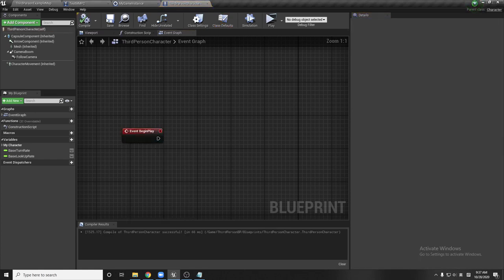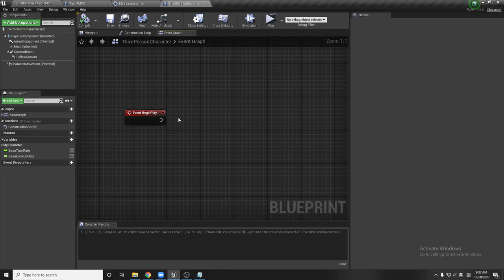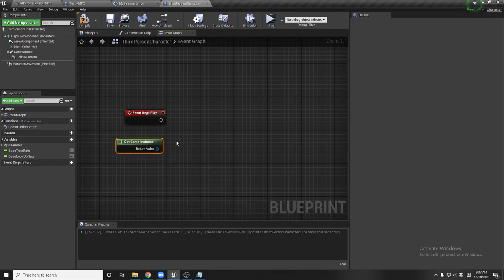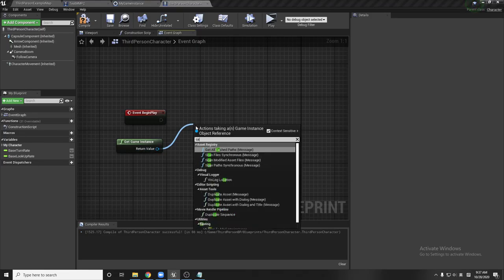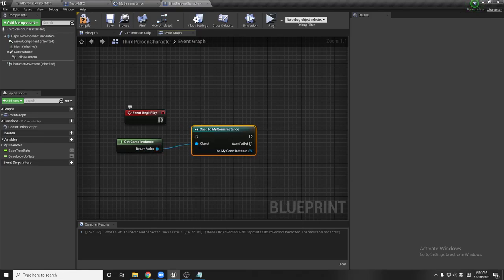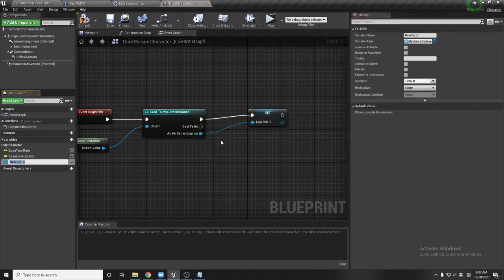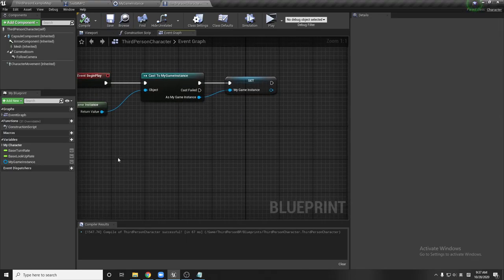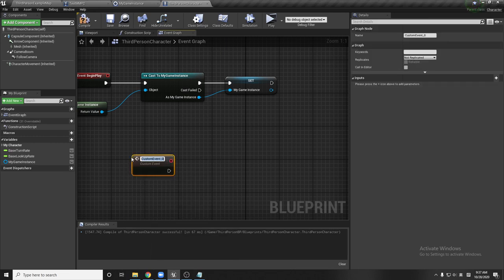After the character appeared in the map, what I'm gonna do is get game instance. Cast to my game instance. Create a variable, my game instance. Alright, and first I'm gonna make an event. This event is gonna be run on server,